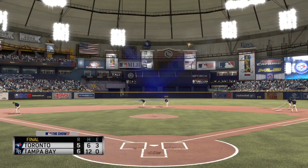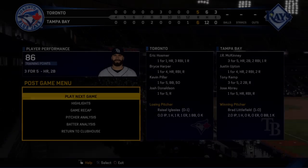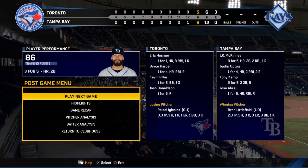A 1-run game, 6-5 the final today. Brad Littlefield claims the win out of the pen, his first. So that just about does it for